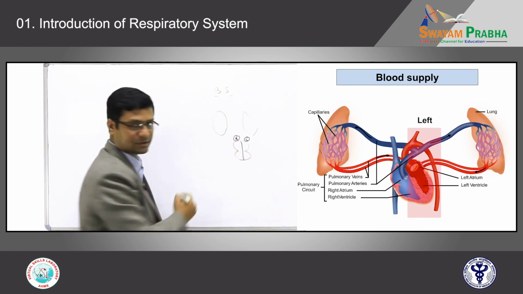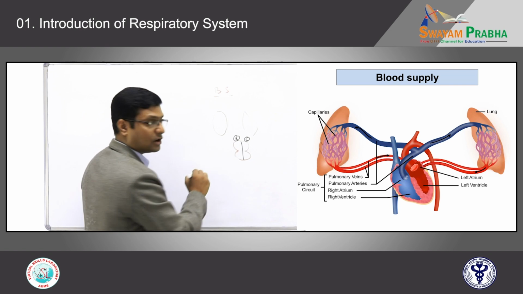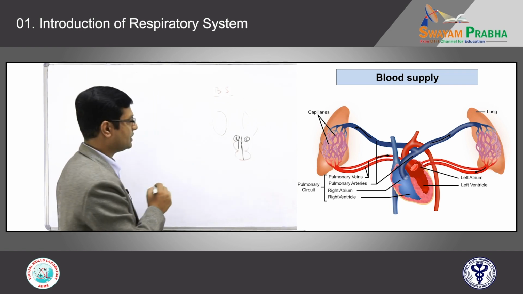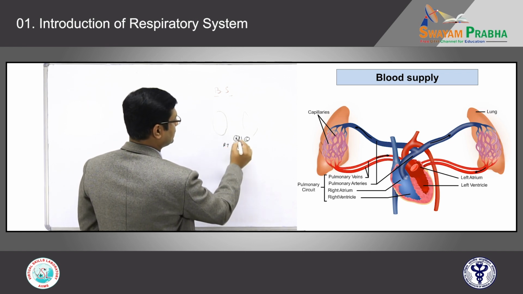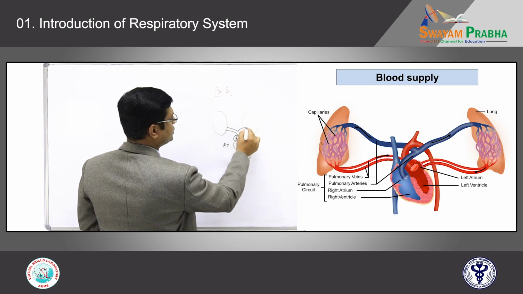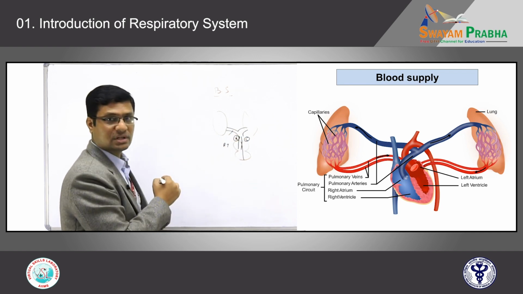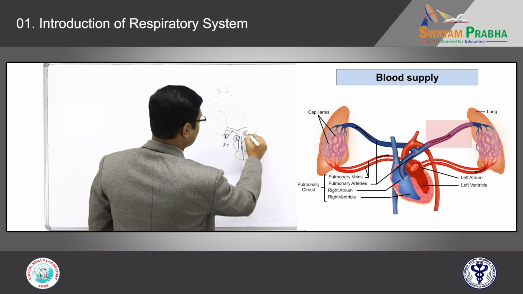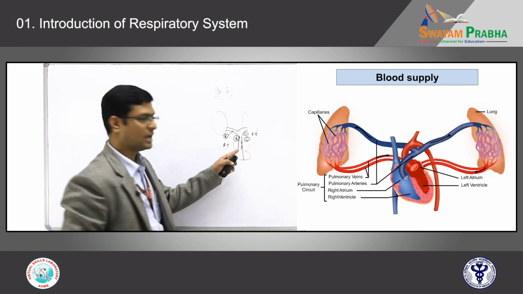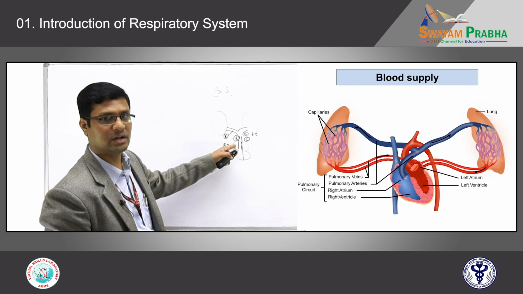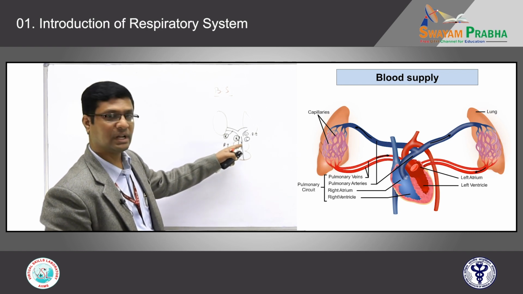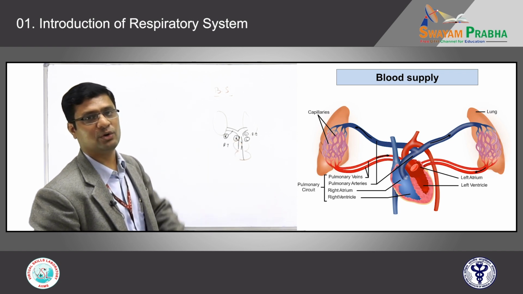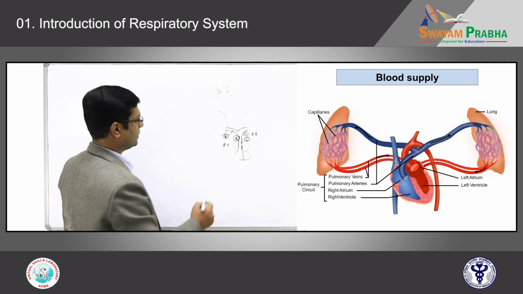right and left. The right heart, all of you know, carries deoxygenated blood. The main outlet from the right ventricle is the pulmonary trunk. This pulmonary trunk divides into two major branches, right pulmonary artery and left pulmonary artery. That means any vessel which is coming out of the heart, we call it an artery. This pulmonary artery is the only artery which contains deoxygenated blood when compared to other arteries in the body.